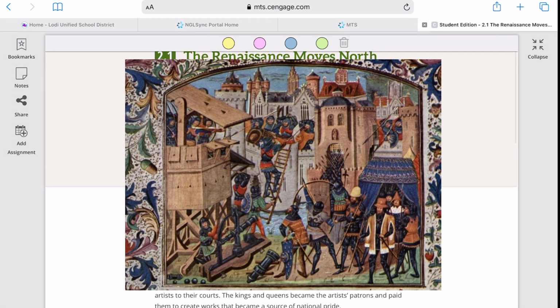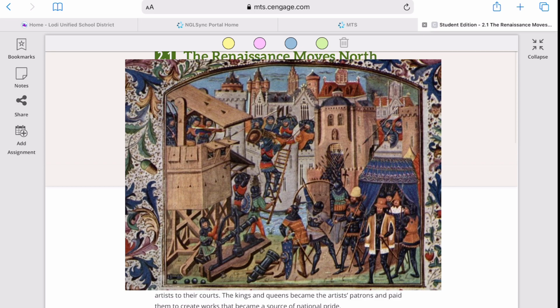To give you additional information, the 100 Years' War between England and France lasted until 1453, if you can still remember it from the previous chapter. When the war ended, cities in England, France, and other parts of Europe grew, and a wealthy merchant class developed. So this means prosperous business people began to sponsor writers and artists, remember, the patrons.